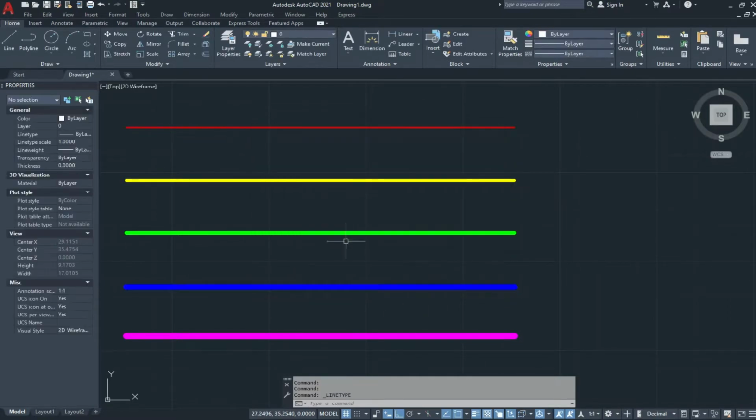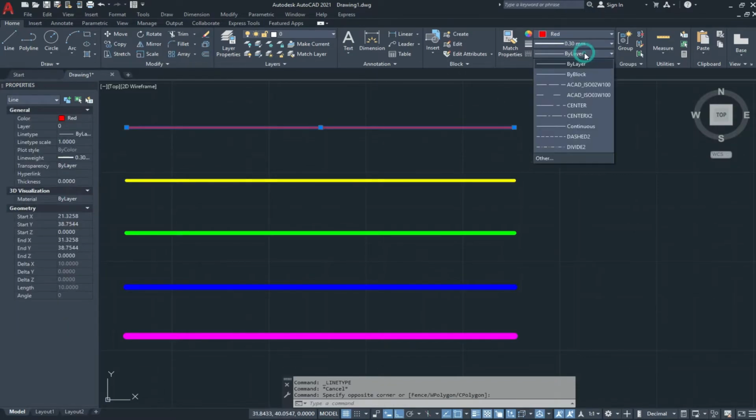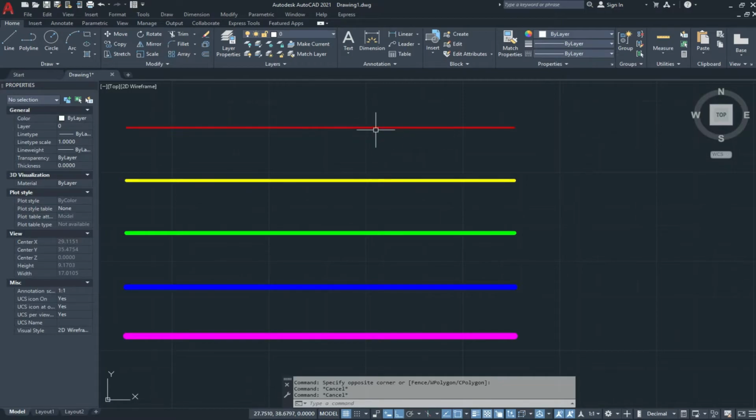Now click on OK. Select this red line and give the line type ACAD_ISO02W100. But you can see the display of this line will not change, and for that we should change the